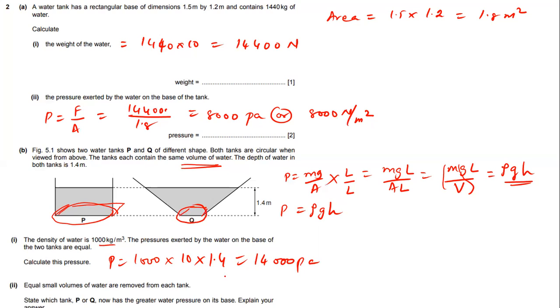Okay. So equal small volumes of water are removed from each tank. So I take up a mug of water from here. State which tank, P or Q, now has the greater water pressure on its base. Explain your answer. I'll remove 1 mug of water from here, or maybe 1 liter of water. After removing, will the pressure get altered or will the pressure be the same? What can happen? Which one will have less pressure? Which one will have more pressure? If I remove 1 liter of water,